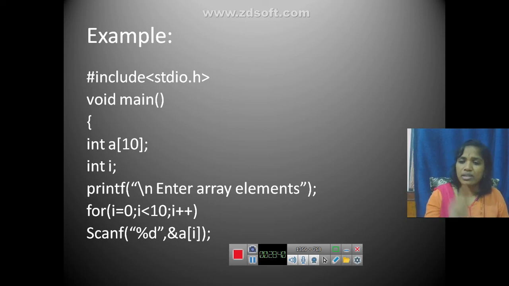It repeats, scanf repeats for a[0], next a[1], a[2], a[3], a[4], a[5], a[6], a[7], a[8], a[9]. Will it take a[10]? No, because my looping is from 0 to less than 10. That means it allows only the indices from 0 to 9. Okay, so this is for taking input.